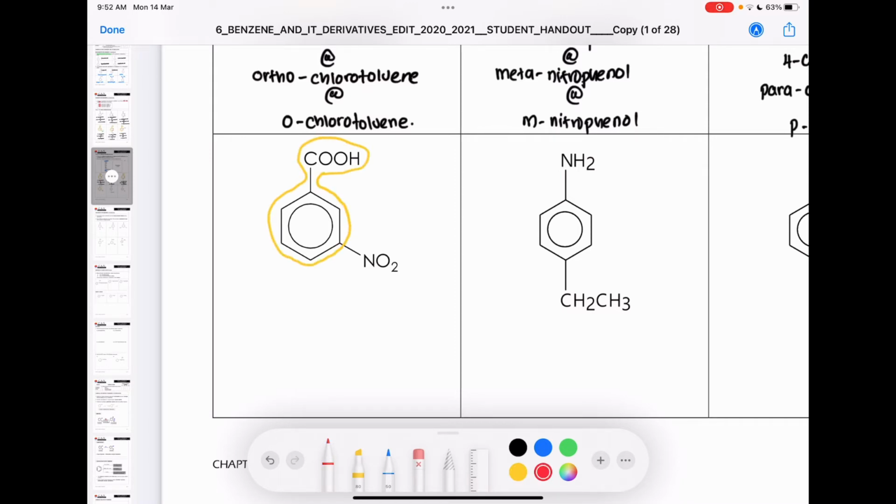Okay, so this one will be carbon number 1, carbon number 2, and carbon number 3. Therefore, the name will be 3-nitrobenzoic acid